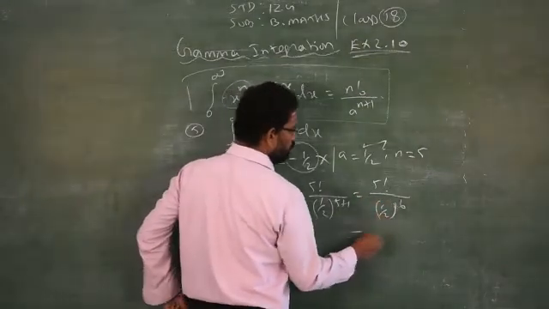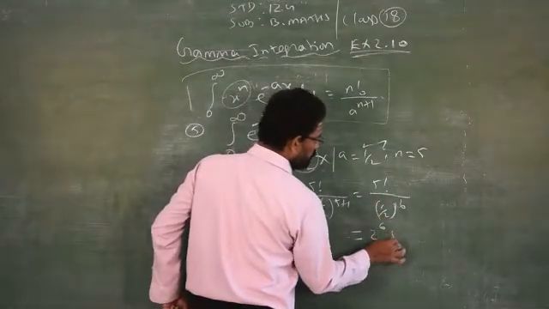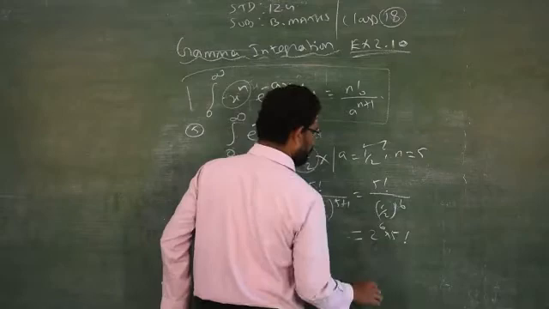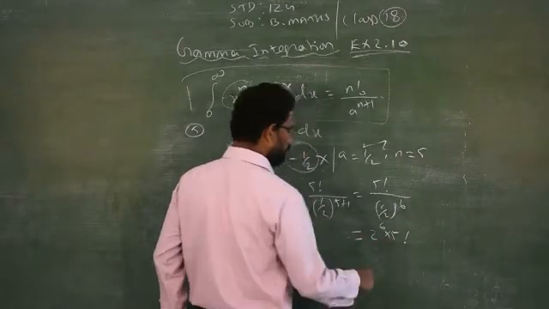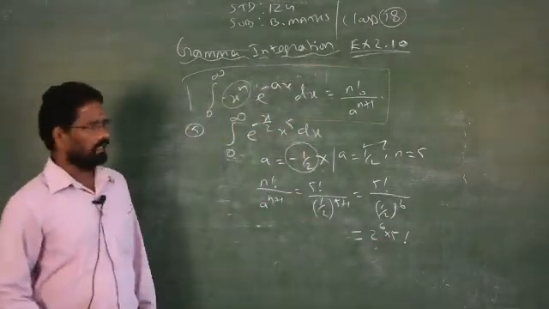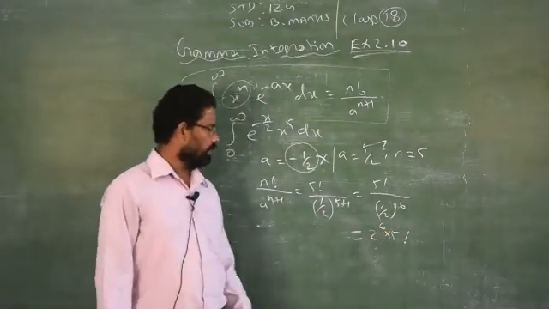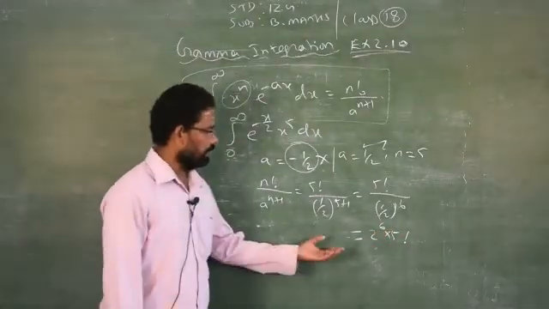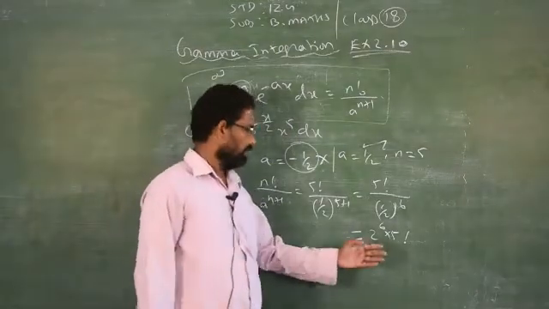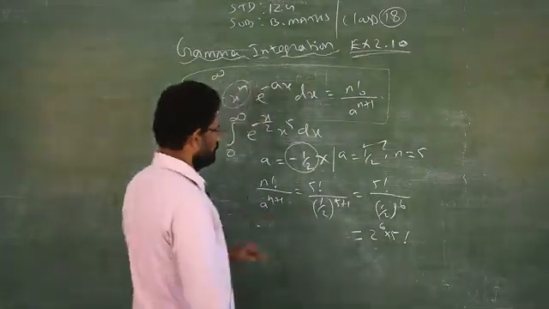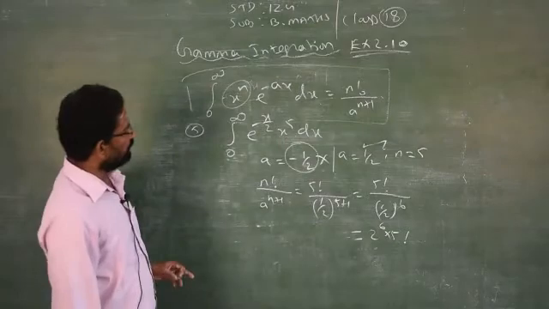Since the denominator is in fraction format, it will become 2 power 6 into 5 factorial. So 2 power 6 into 5 factorial. You can leave it as it is, otherwise you can calculate with the help of the calculator, or you can multiply simply and you will get the answer. Or you can leave it as it is. That is your wish. We will not reduce the marks.